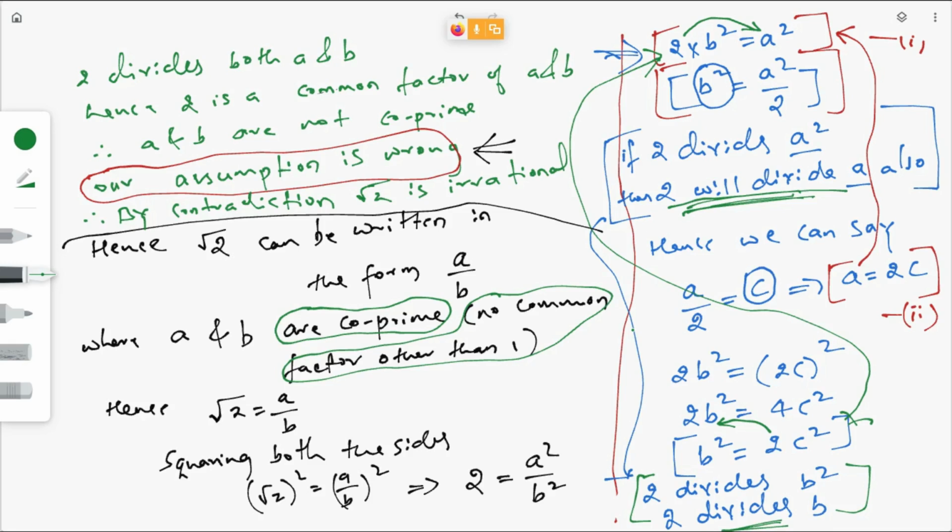If you are good with the basic concepts, right? The basics of division, not just division. If you are given two numbers, what are the common factors, when a given number divides some other number. If you have clarity over that, then you can understand this easily. Otherwise, you need to learn this by heart. Root 2, root 3, root 5 are important questions. Definitely we'll get these questions in the exam. Fine, copy it.